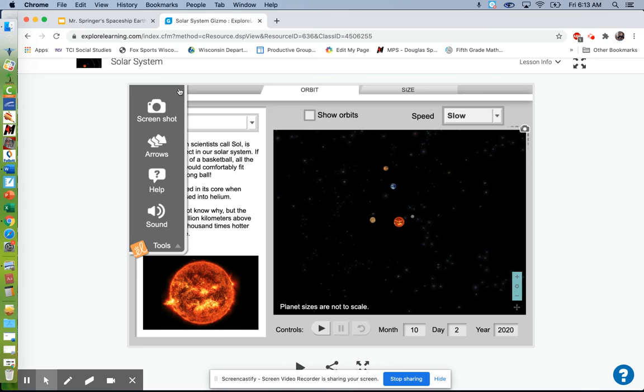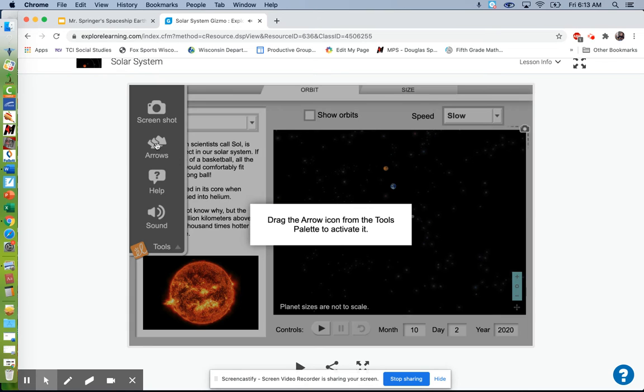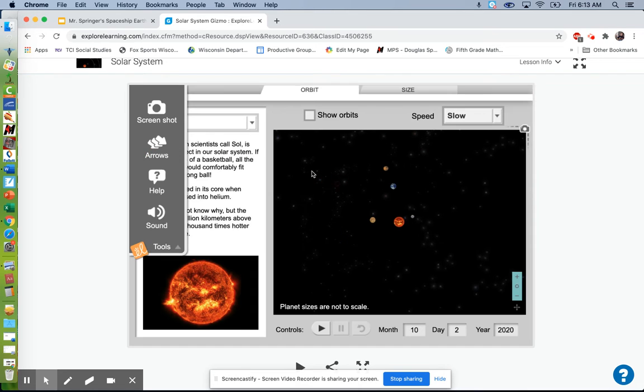What do I have? I have tools. What are my tools? I can take a screenshot. So if I'm doing something and I want to share something with Mr. Springer, I could take a screenshot of it and throw it into my slides. I can have the arrows. Drag an arrow into the tools palette to activate it. So if I click an arrow,